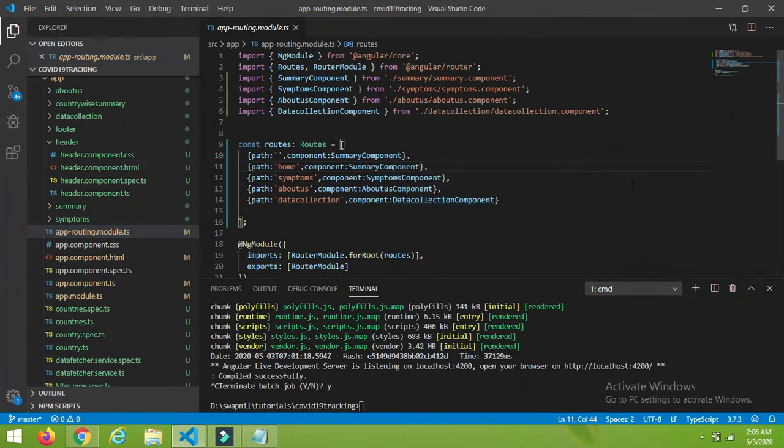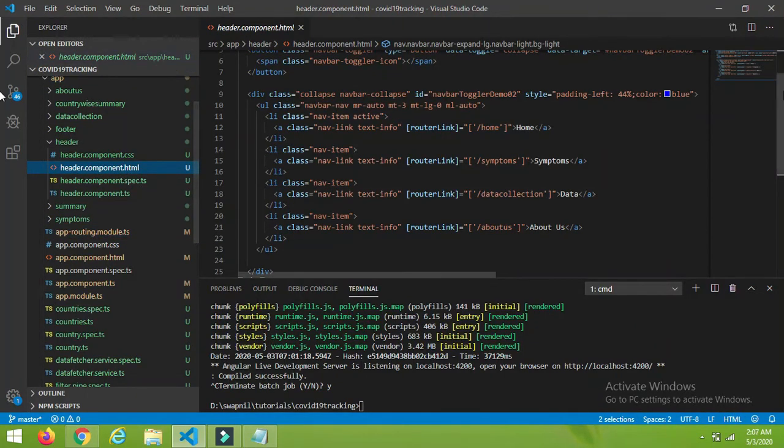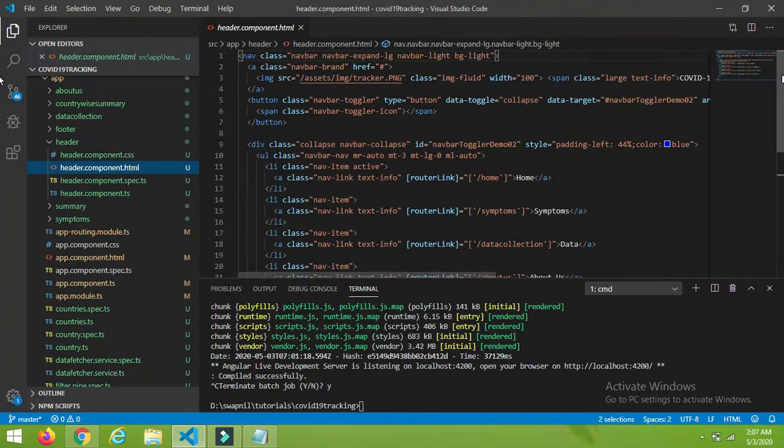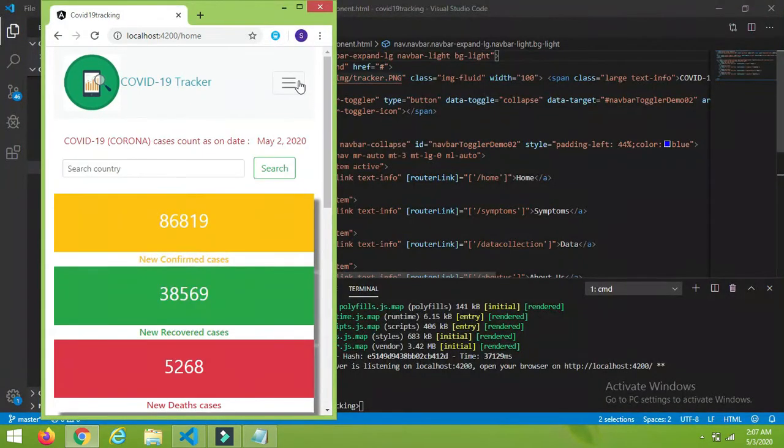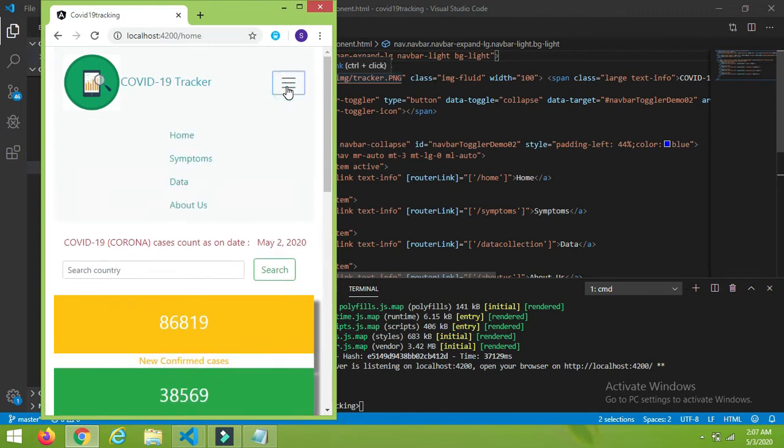Now let's go back to our header component. As I explained at the start of the video, we are going to create a responsive website, right? So even on mobile we will get the proper UI for this website. This is our desktop site. If you minimize the browser size, this navigation bar will be replaced by this three-bar icon, which is a mobile friendly menu icon, right? After clicking on this, it will display the menu.